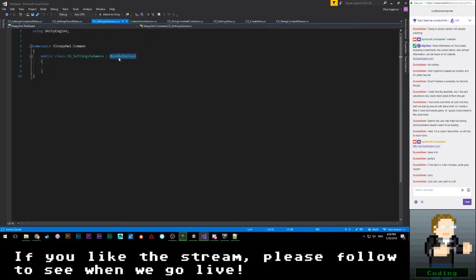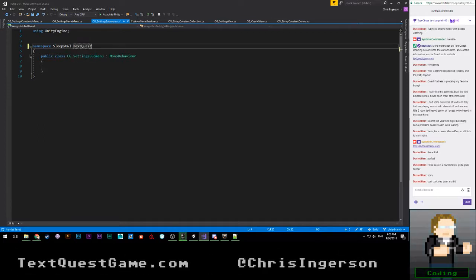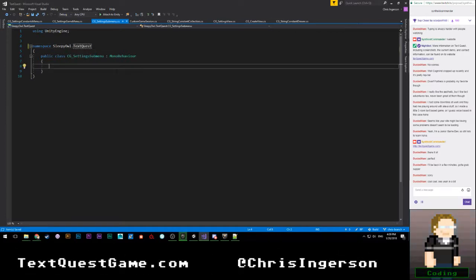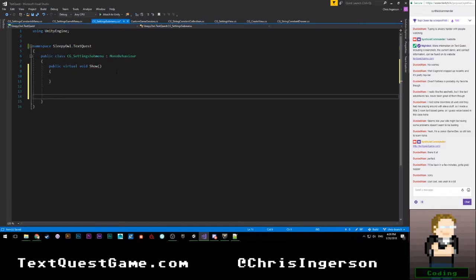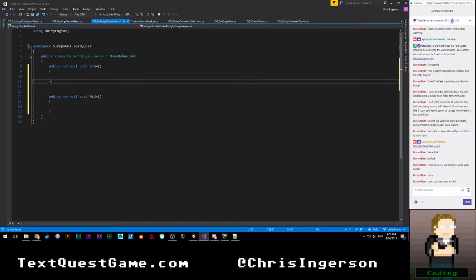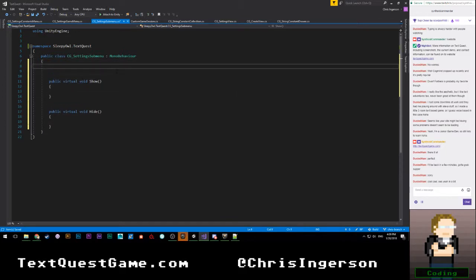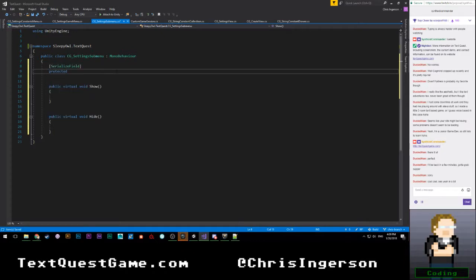So settings submenu is going to be just a MonoBehaviour. It is going to be under the TextQuest namespace, of course. On top of that, we're going to do, let's see, what does this need? We need a public virtual void Show, public virtual void Hide. Let's go ahead and say SerializeField, protected GameObject root.